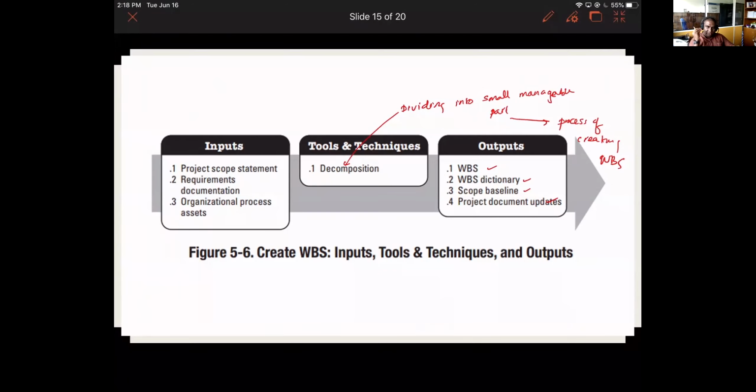So today's outcomes I expect in the planning process. Today's outcomes are the scope statement and the work breakdown structure. Last week's output was the project charter. So by now you should have the project charter, the scope statement and work breakdown structure with you. Keep them with you for the time being.